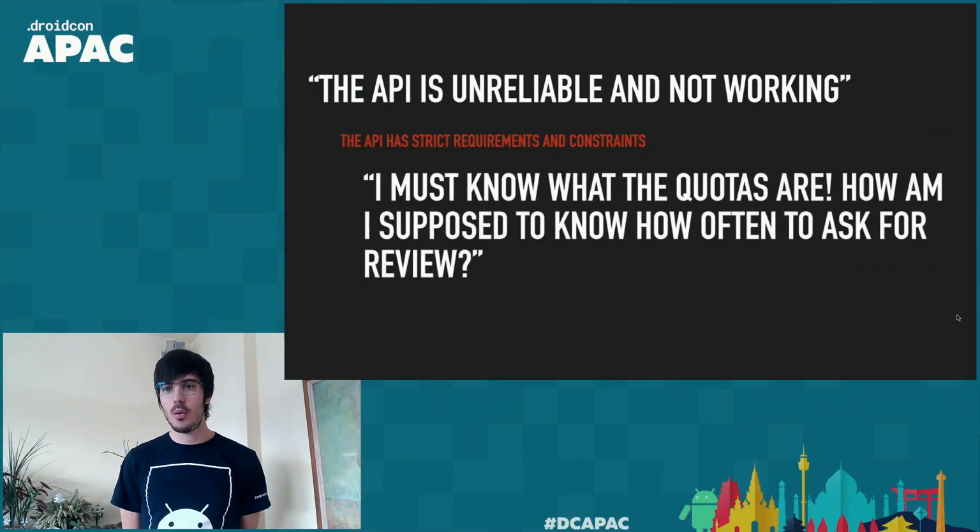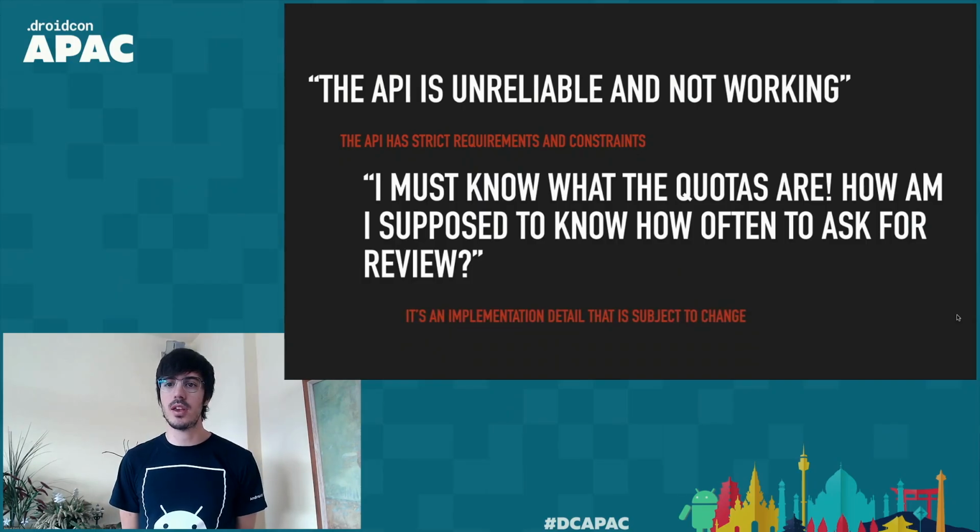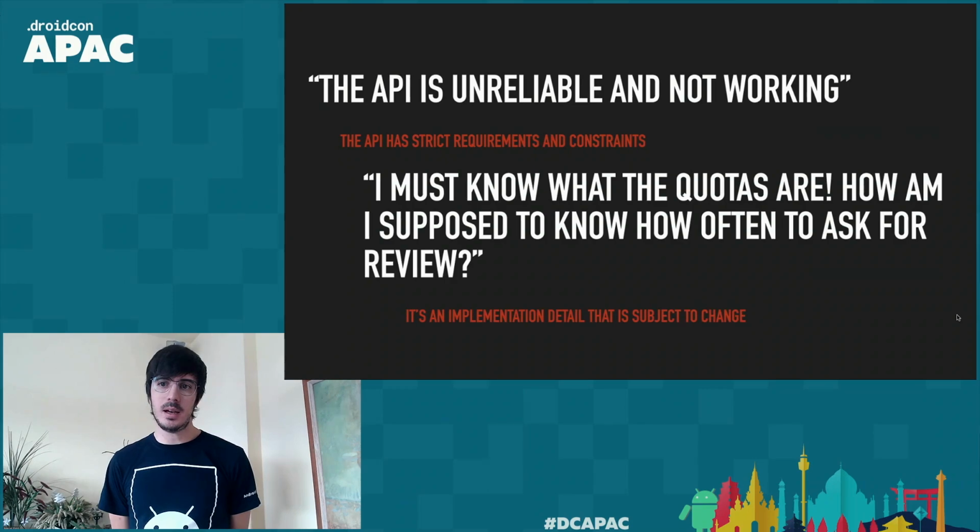That being said, we know you want to know the quotas. There are comments that really ask for it. The problem here is that we decided to keep that as an implementation detail. One, to prevent abuse, but two, to let us change without binding us to a certain contract. What I want to share here is that quotas are done to protect the user from being over-triggered, but also to give you safety that you can trigger the API many times and the user will